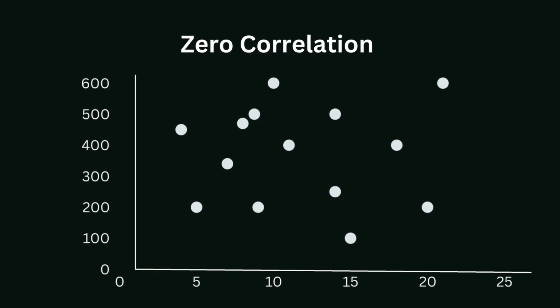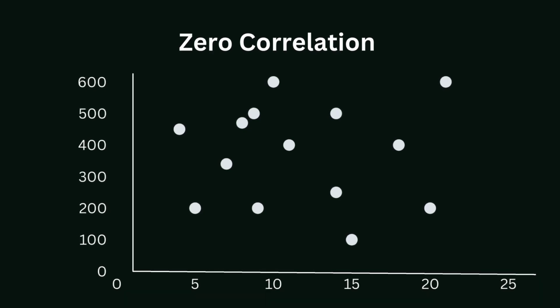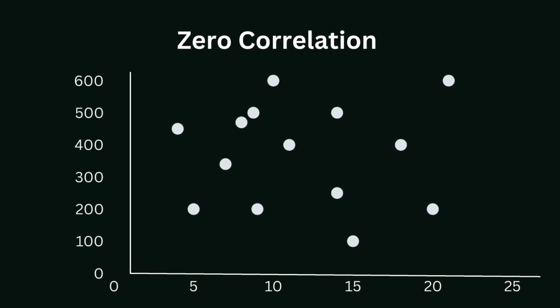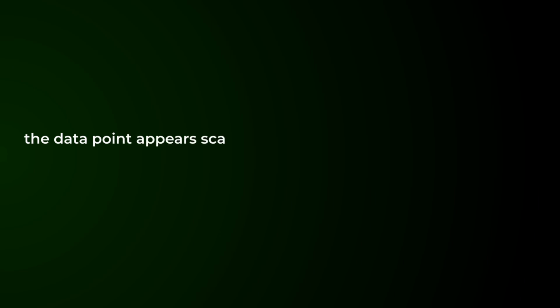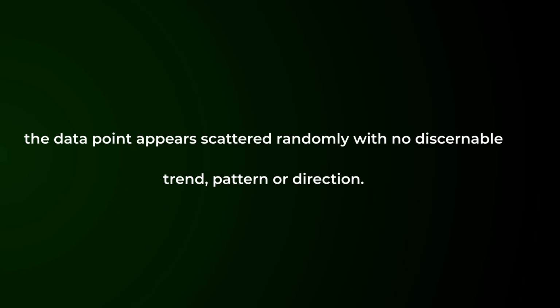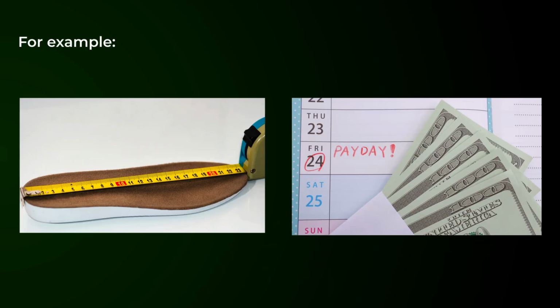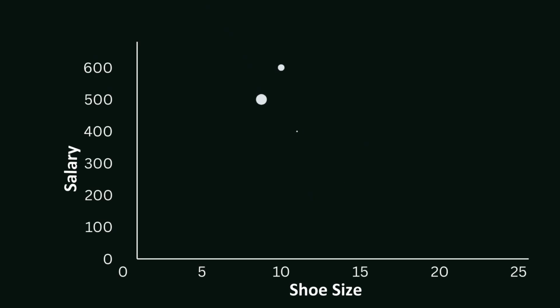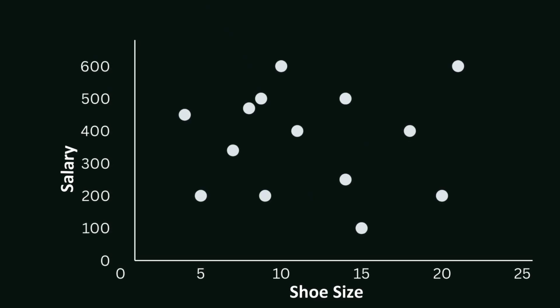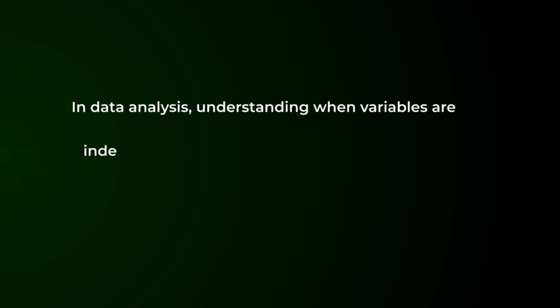In a data set with zero correlation, changes in one variable don't predict any consistent change in the other. The data points appear scattered randomly with no discernible trend, pattern, or direction. In other words, knowing the value of one variable gives no information about the value of the other. An example would be shoe size and salary. There is no logical connection between the two, so if we plot them on a graph, we'll likely see no trend at all. In data analysis, understanding when variables are independent of each other is just as important as recognizing